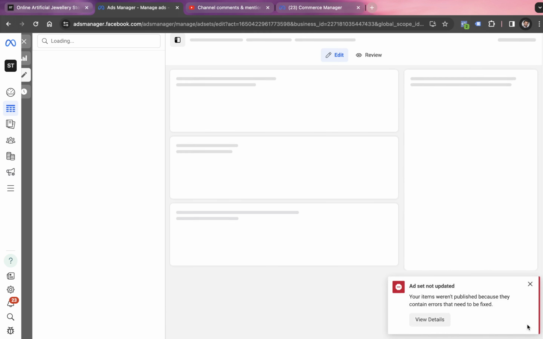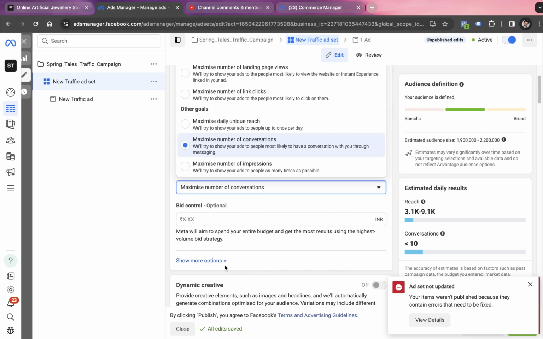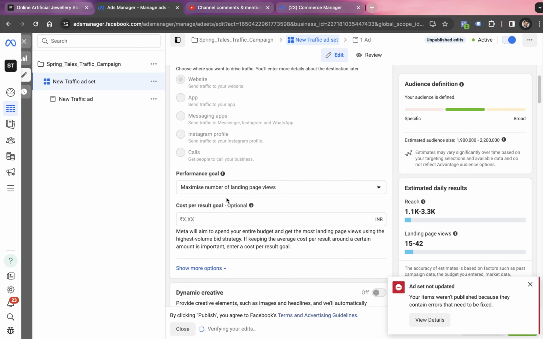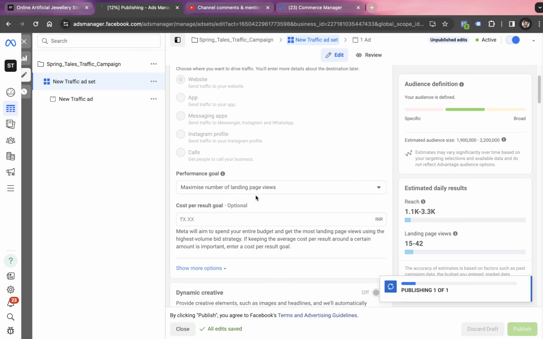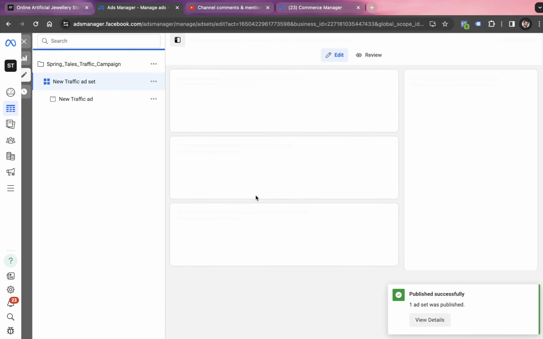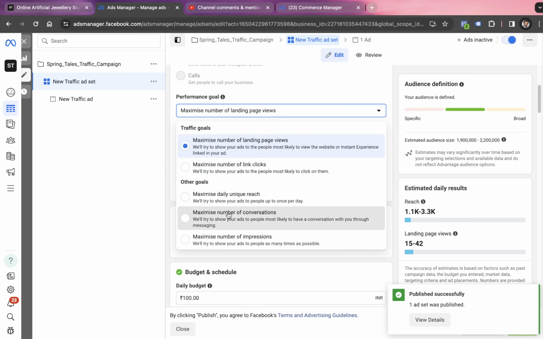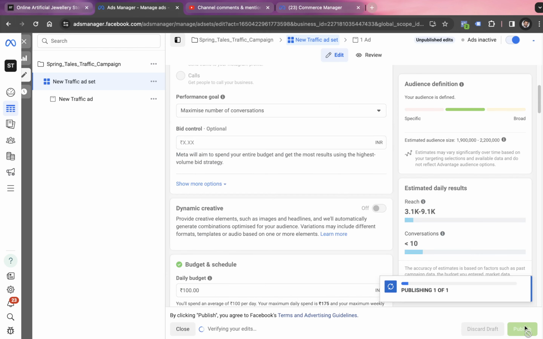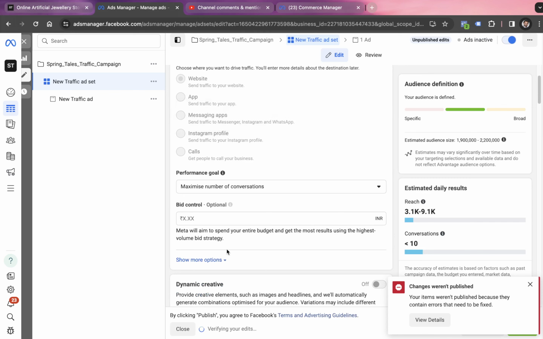Trust me guys, this is something which keeps on happening with me when I manage different projects with Meta ads. It keeps on giving these kinds of errors. So as of now, I'm just focusing on avoiding this error. I'm going with the previous objective, which is maximum number of landing page views, to check if this error is being resolved. So I'm publishing it now. I will try to recheck why we are not able to go with this objective, which is to drive conversions. Even though the objective should ideally be available for us, it should allow us to run the campaign. But due to some reasons, as of now, it's not working.